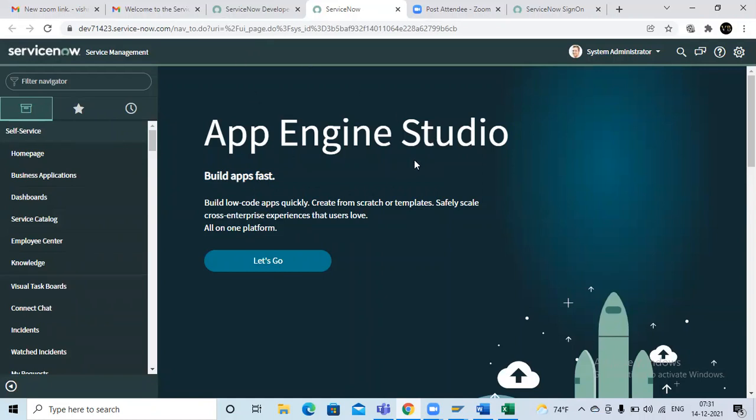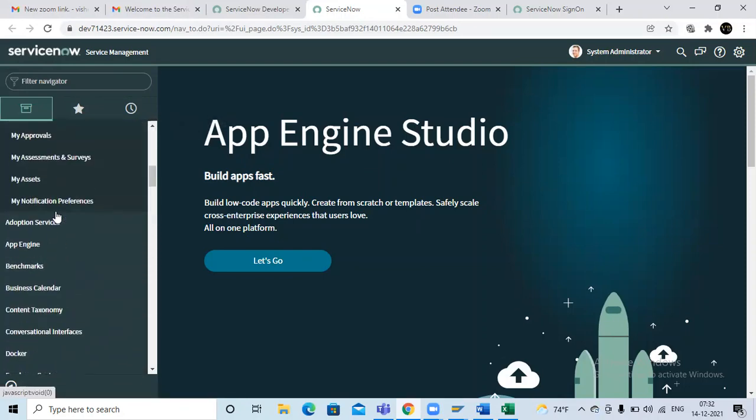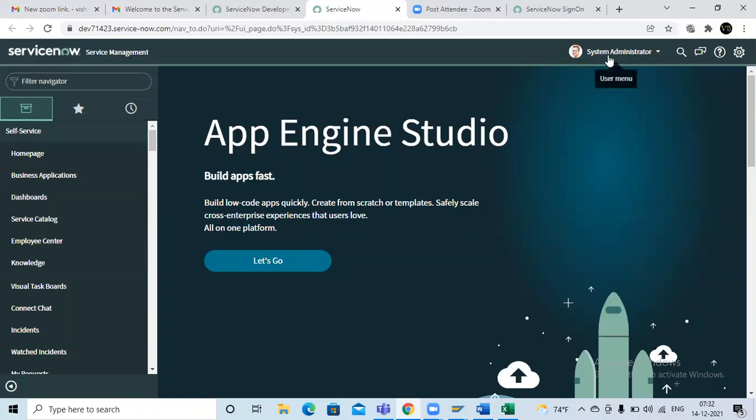So if they ask how you are getting the tickets from the end user, what is the process, what are the member roles, what are the member users, how can you create the user? Okay, so you should have that kind of knowledge. Okay, so automatically ServiceNow will be open like this. So these all are the different apps. And you should know one more thing, on the right side you can see this option, system administrator. System administrator means I have created this account, right? So I am the administrator, I can get all kinds of access. It means I can create any kind of data, I can create users, I can create roles.